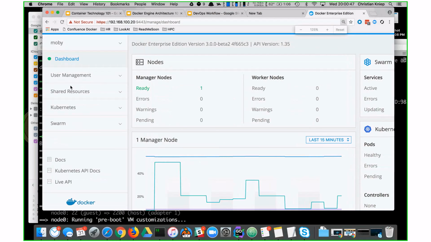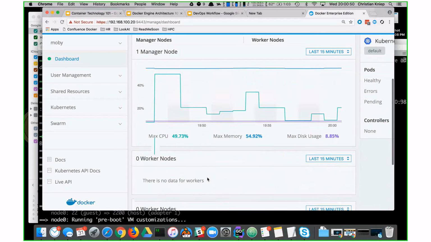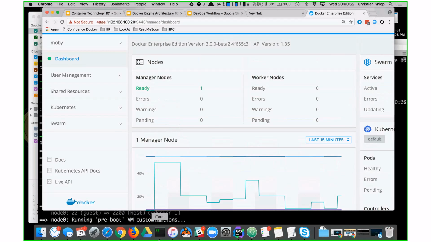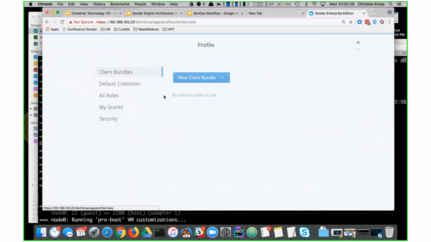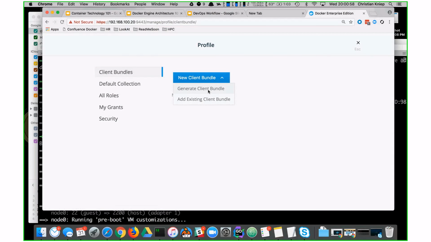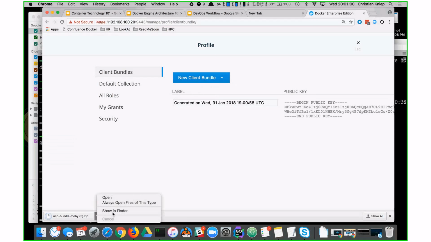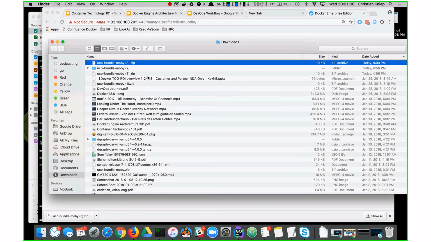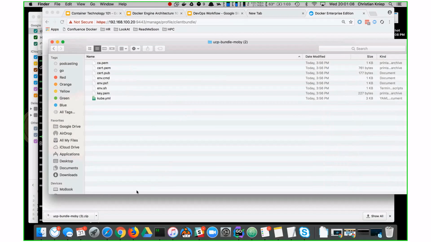So I have a cluster with only one node, the manager node. And if you want to deploy something to this cluster, you have to create a client bundle. And this client bundle will have a certificate and the host name, so everything will be set up in order to connect to this cluster. And I didn't try this out, so let's hope.